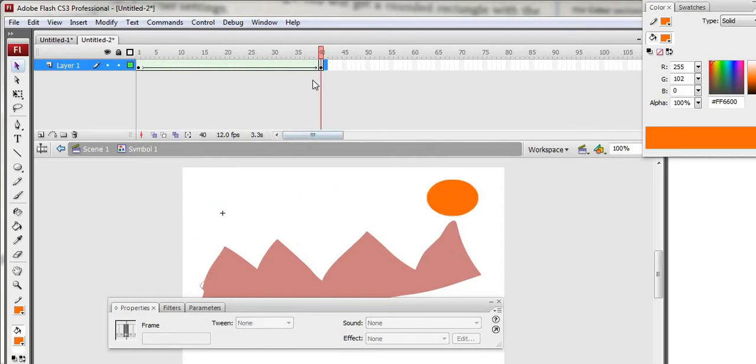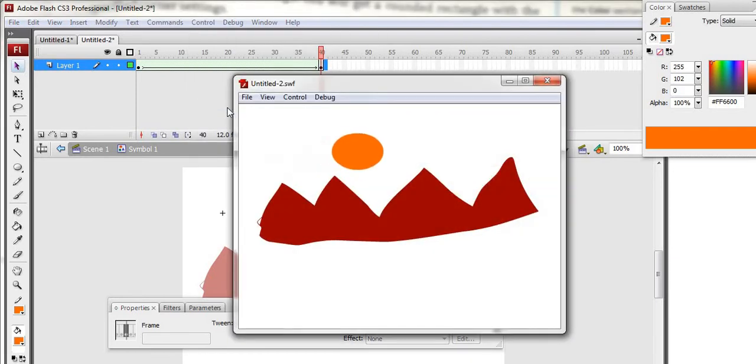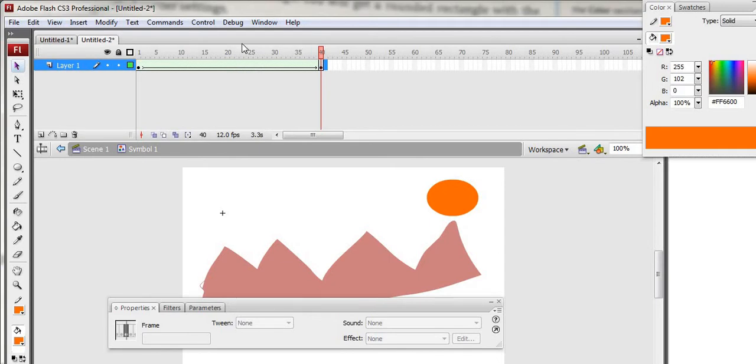So now I have played this, right? Using the control, go to control tab and test movie. When it is played, it is moving like this. Okay. So like this you can make the animations. So this is the use of the timeline. You can give different animations, changing shape, we call it tweening. Like this motion tweening we can do. So like this, objects can move in our animation, right?